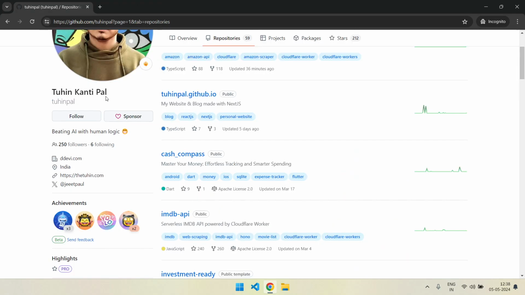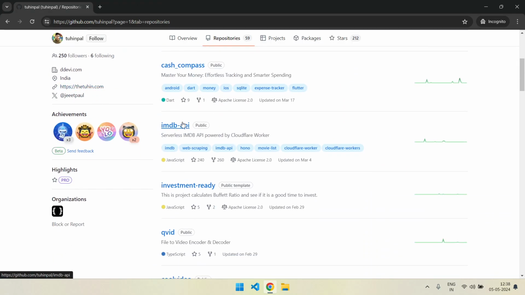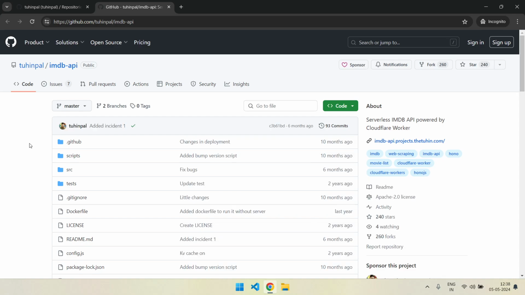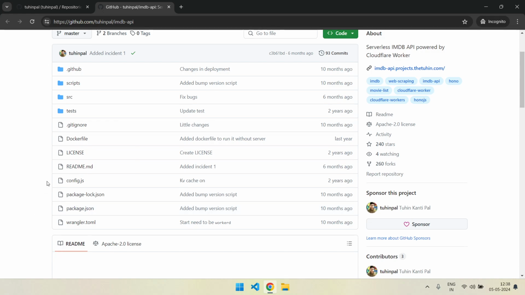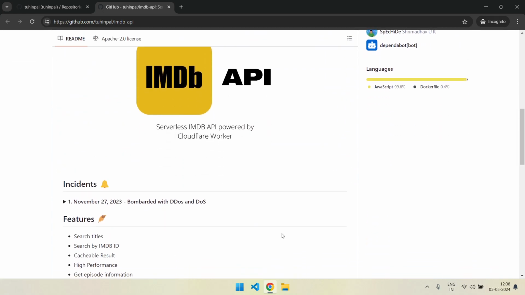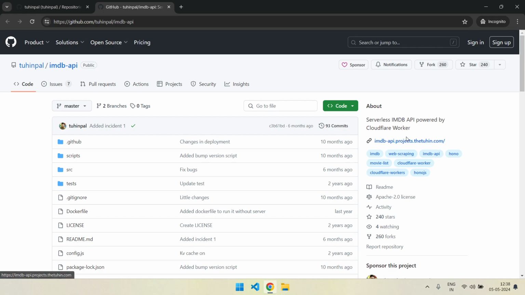Let's go to the next project, which is IMDb API. This is a good project. I previously didn't maintain it, but currently it is getting a good number of stars, so I started maintaining it. Let me show you.